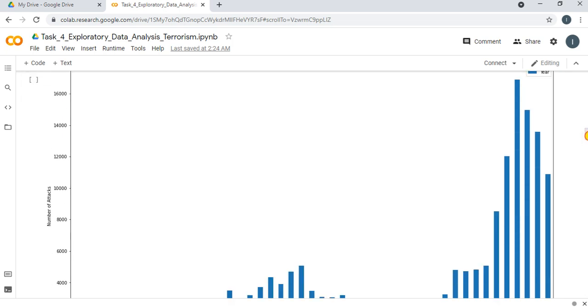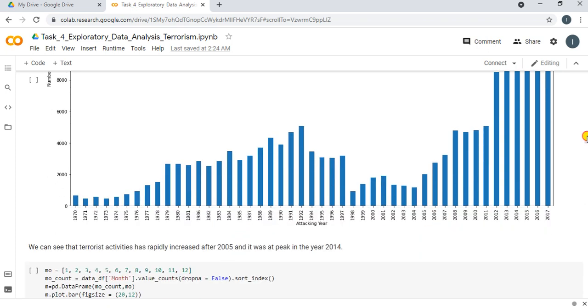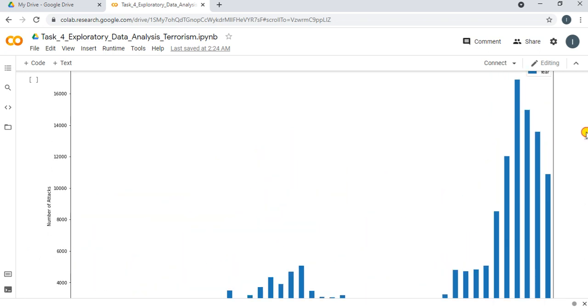So, this is the output produced by the code, and we can see that from about 2005 the terrorist activities are rapidly increasing and it is at a peak in the year 2014.